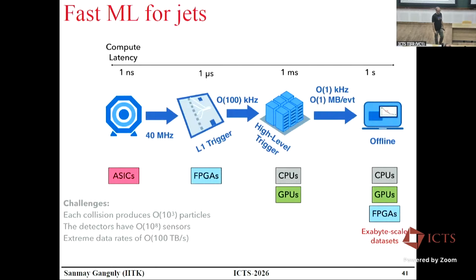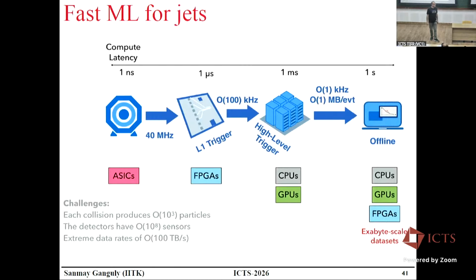For these very rare processes, maybe the issue is the difference between discovery and precision measurement. For discovery, if you have a bias, well, okay, you can live with it. But eventually you want to do precision measurements. Maybe there's a spectrum there as well. Right, but this is a completely open field in terms of R&D. We haven't reached the best ML activities there, but ultimately we want to put our hands on the data which we are throwing away until now. So that's the motivation.